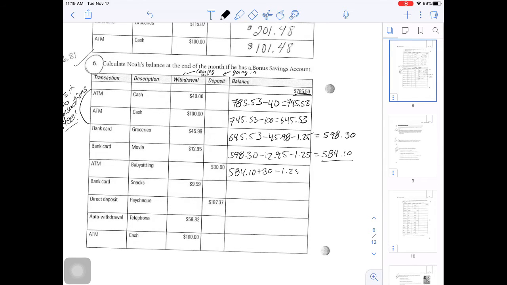Okay? But finally, we have some money incoming. She babysits, okay? And guess what? Even with her, now she's using her ATM, that's actually going to take off another $1.25 because of how her account is set up. So we are actually adding money in here. We're adding $30, but we're going to be taking away $1.25 because of her account. Okay, so that's going to leave us with